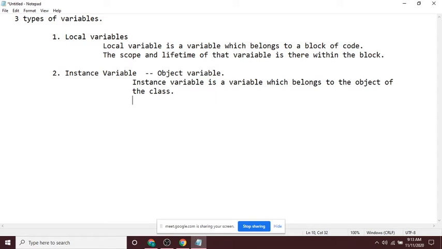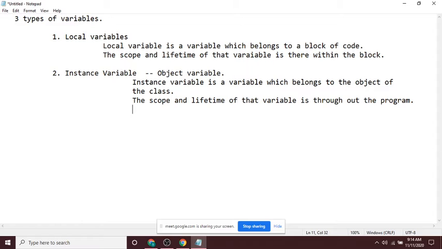The scope and lifetime of that variable is throughout the program. And how do you access the variable? By using the dot operator. Yeah, we have to use a dot operator for accessing that variable.